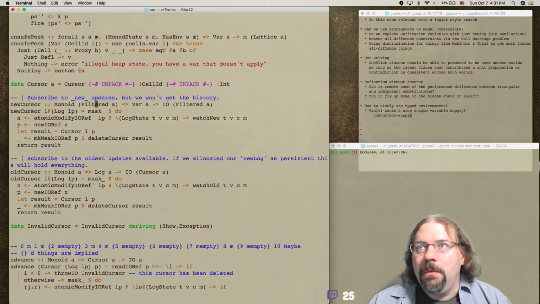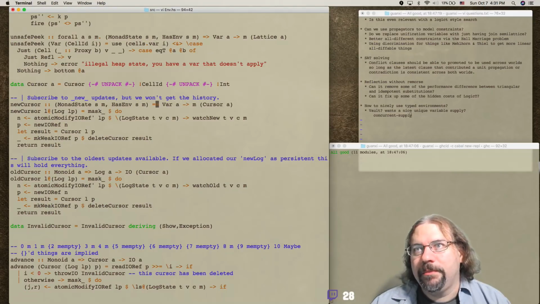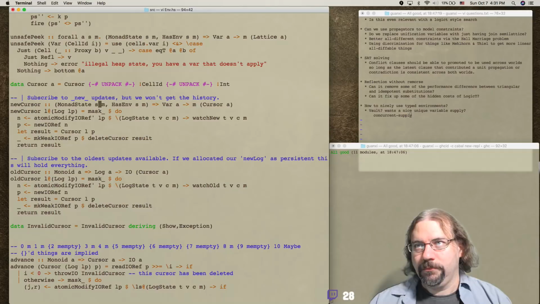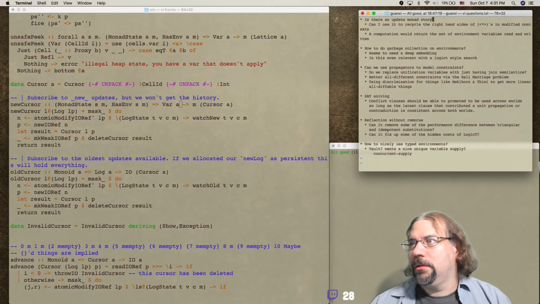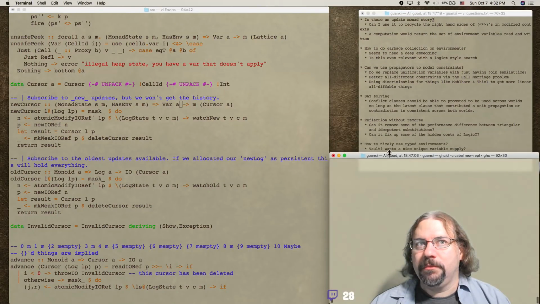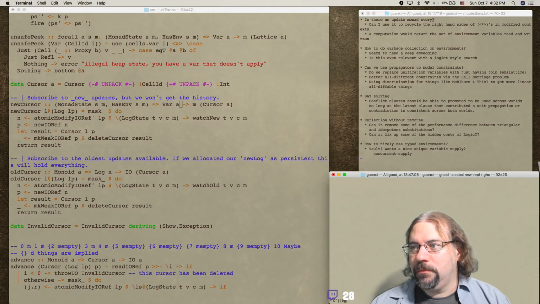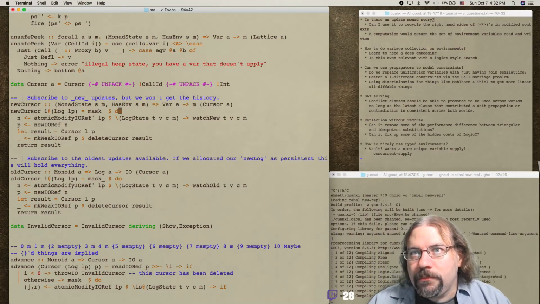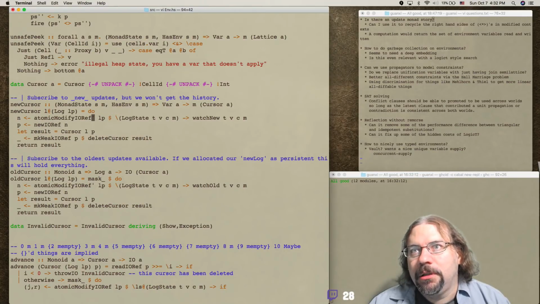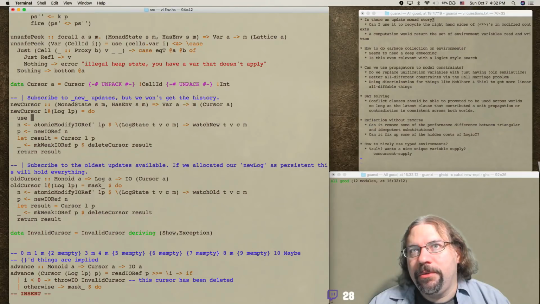Where the heck did I put it? Given a var, I will give you an IO cursor A. It's not going to be an IO, it's going to be an M, in some kind of monad state, SM has env SM. We're using monad state again, kind of as a proxy until we figure out how to do the rest of that stuff nicely. So we don't need to mask. What we are going to do is first use